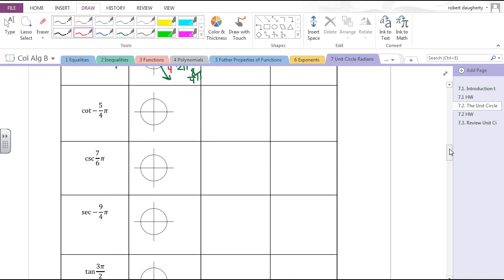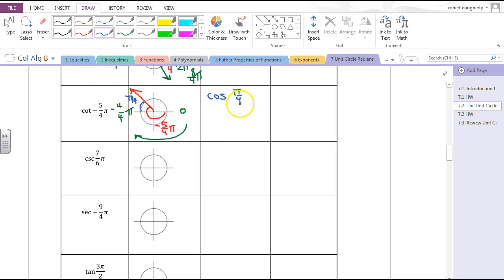Cotangent of -5/4 pi. So if I start at 0, and if I'm going in this clockwise direction, this is minus pi right here. Now, since I'm in fourths, let's write this as minus 4 over 4 pi, because that's minus pi. Well, I only have to go a little bit further than that to get to -5/4. So if I go in this direction, if that's minus 5/4 pi, that means this reference angle right here is just pi over 4. So this is the cotangent